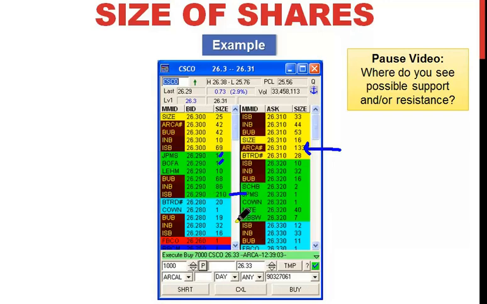So that's, even though you're counting them as size of the box, which can show you, size of the box can also be a little misleading because maybe they don't necessarily have a lot of shares that they want to buy there. But anyways, size of the box and then that big order, that's what's leading me to say, all right, it's looking like 26.29 is more of the true level of support, and 26.31 is the true level